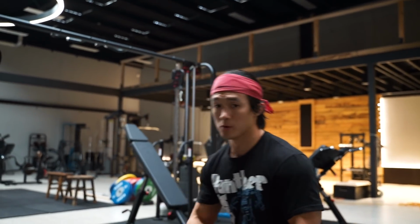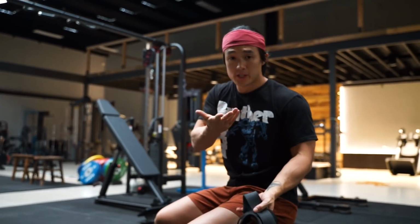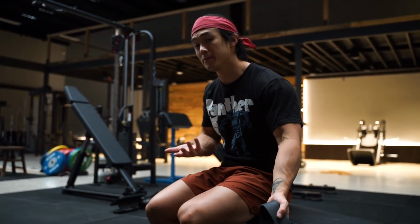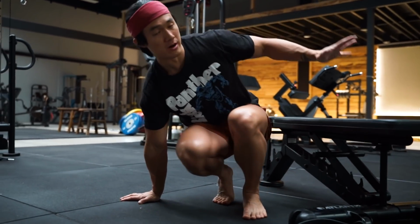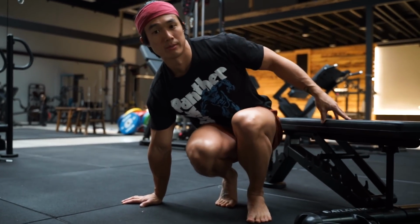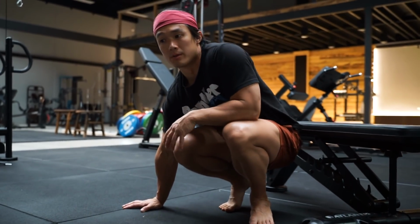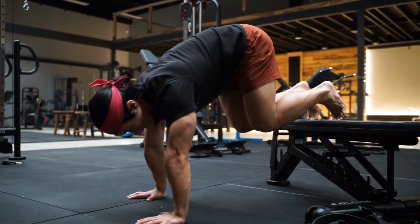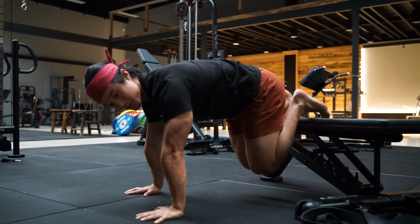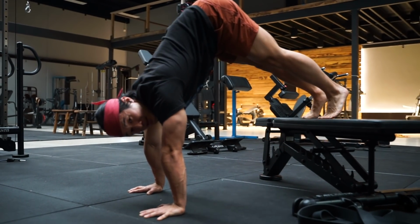So I'll show you first of all, just without the band at all, because this might be the first progression that you use, just to get comfortable with the movements. We're going to be in a push-up position, and you put your feet up on, you won't have a bench, I mean, unless you do have a bench, but we'd be using maybe a couch, a seat, anything you have available. Feet up here, push-up position, and all we're going to do is extend our legs and lock the